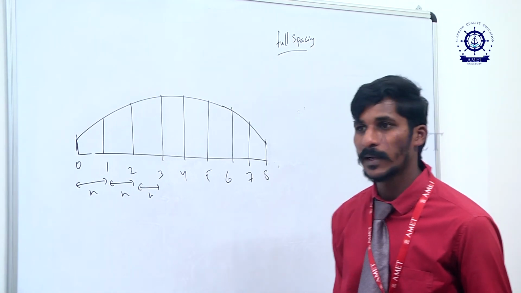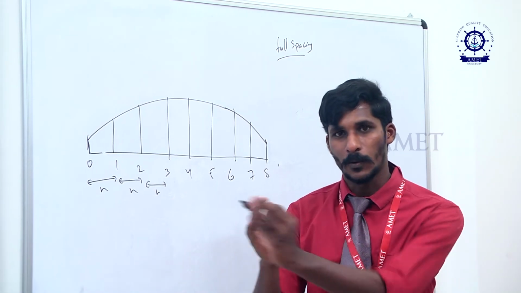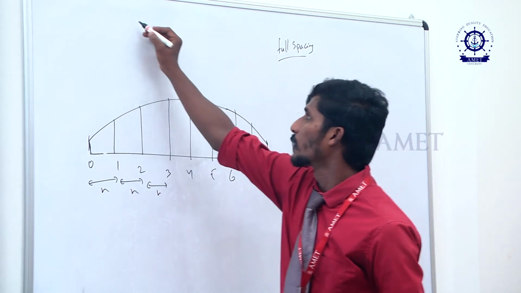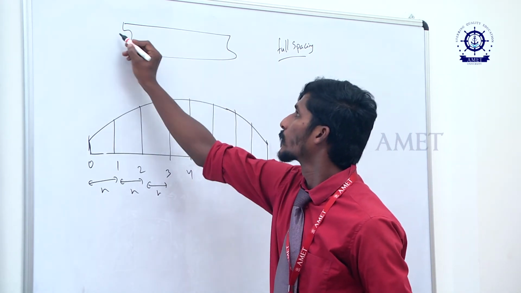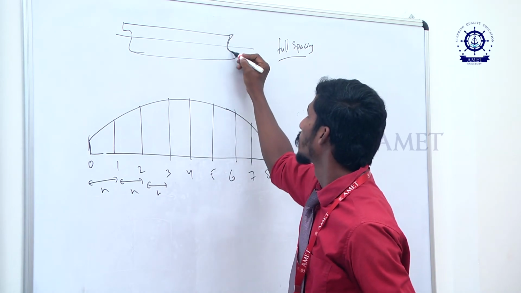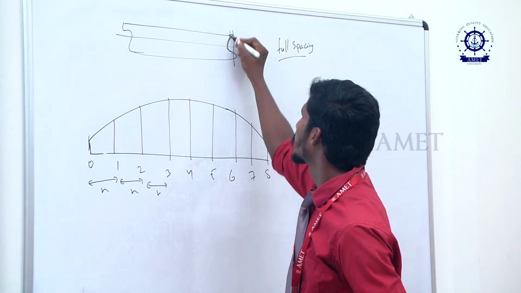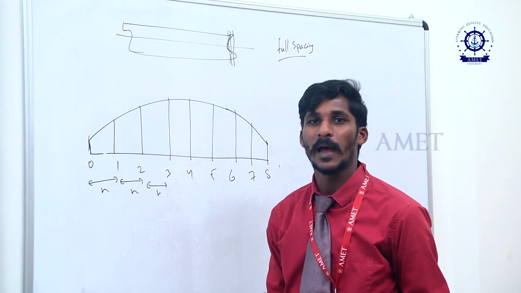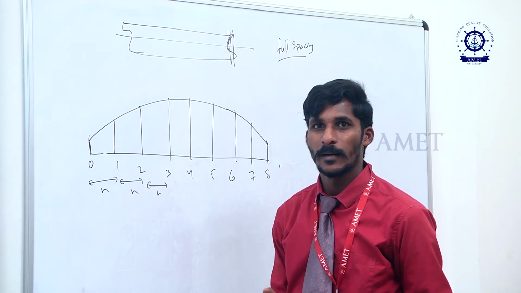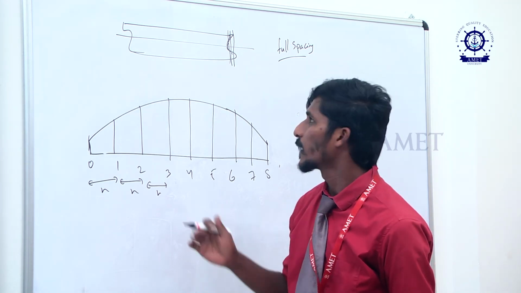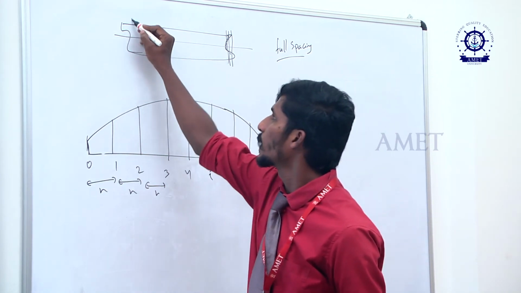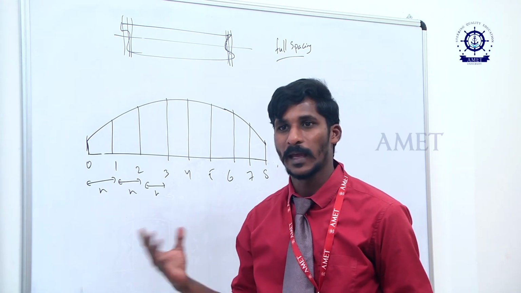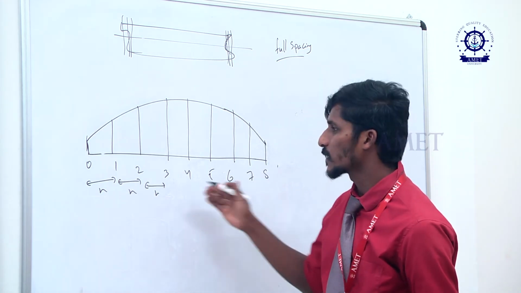Now in case the body is curved more at the forward and aft, what do we have to do? This is the hull form. If I say this is curved more at the forward, then I have to cut it into more stations, because only then am I able to get the accurate area under the curve. So wherever the body is curved more, we will cut it into a number of parts, number of stations, so that you can find a more accurate area under the curve.